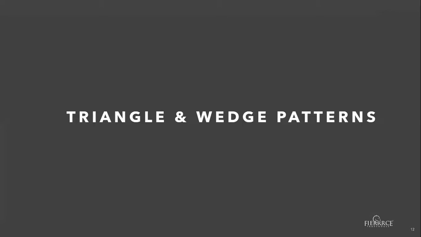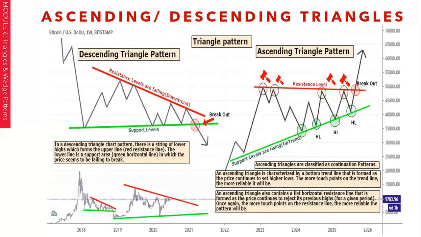The second type of pattern I would want to mention, and I'm obviously not going to go through all the patterns in the world, just the ones I think are important, is the triangle and wedge patterns, because these tend to signify a change, a reversal. They're reversal patterns. When I look at the different types of patterns in the triangle family, we have the ascending and descending triangles. And let's look at the descending triangle pattern, exemplified by this chart,